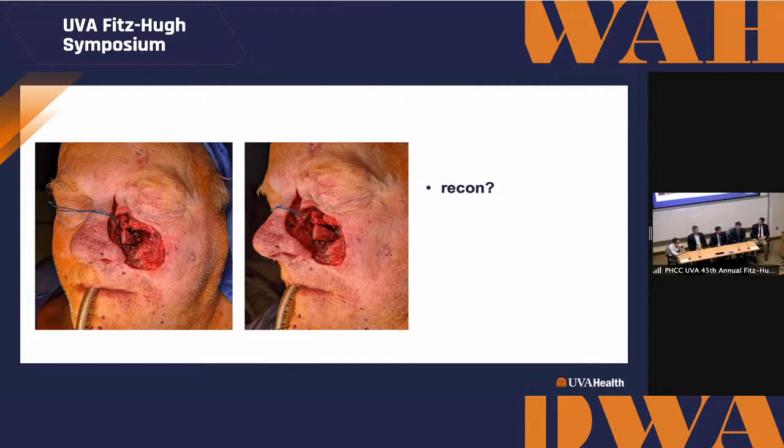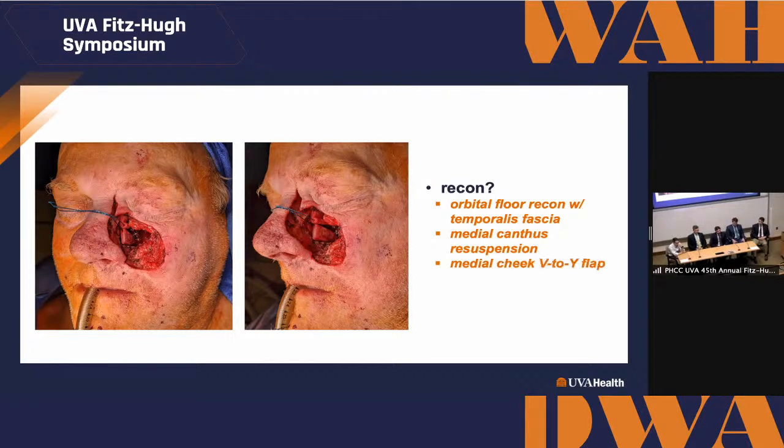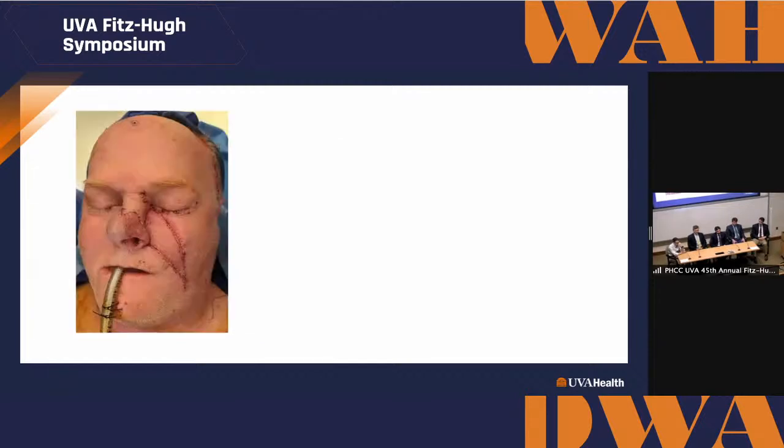Okay, great. The decision at the time was, pretty limited bone defect. Most of the sinus mucosa still present. There's a lot of soft tissue sitting here still. So this through and through defect is pretty small. And so, I actually, Dr. Christfeld did this, an orbital floor reconstruction with temporalis fascia, and of course the medial canthal resuspension. And then he did essentially a V to Y flap with the cheek and a bilobe flap from the dorsal nose, and ended up with this,